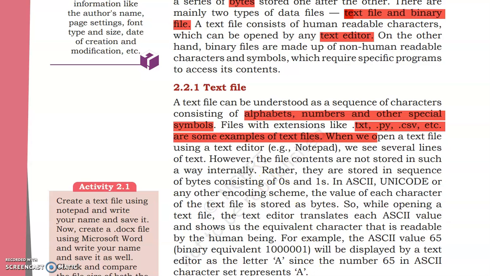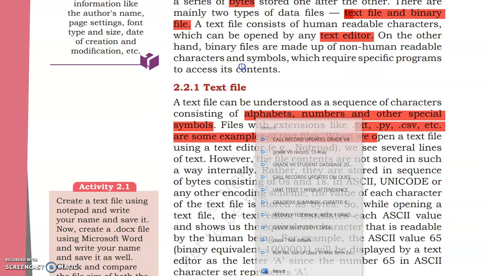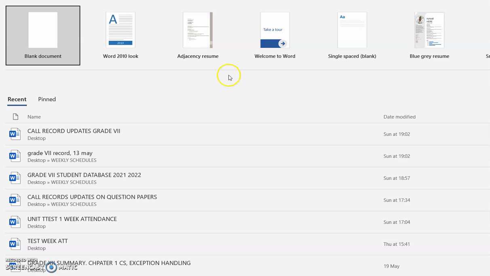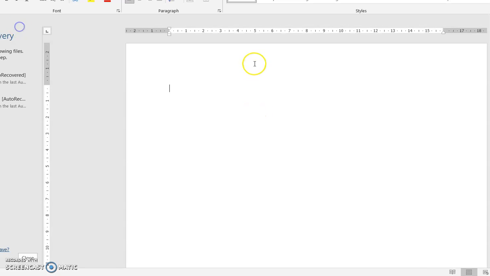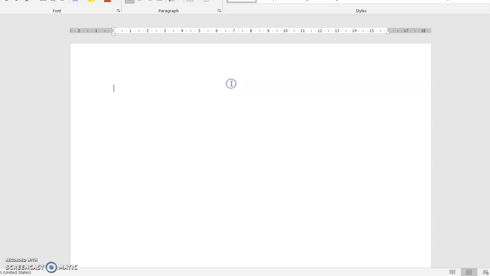Now when you open a Microsoft Word file, for example, if I open this Microsoft Word file, just observe and see. If I open this file and I type here, okay, let's say I begin typing here, this is my computer, this is my computer science class.